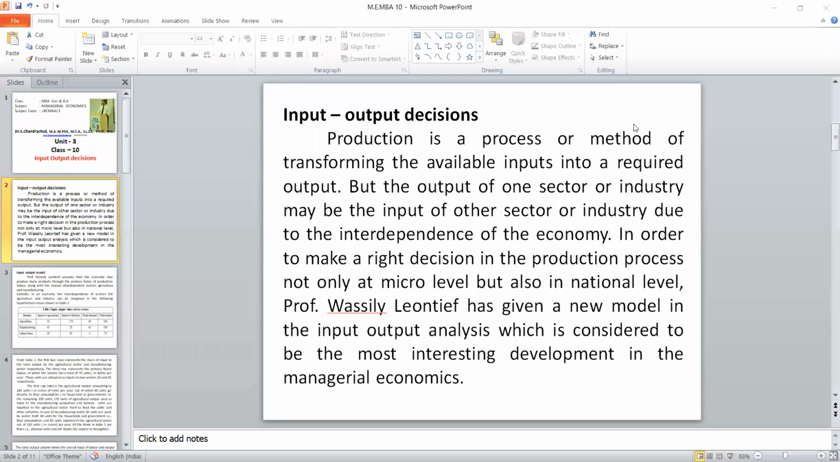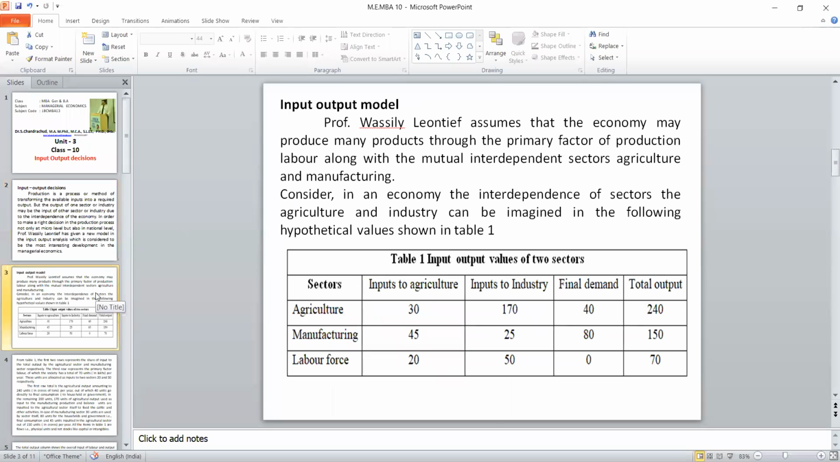In order to understand the relationship between input and output, because some sectors will have output, and some part of their output will be utilized by their own sector. The remaining will be sent to the other industry. So he made one simple model by using hypothetical values with a 3 by 3 matrix. That is,